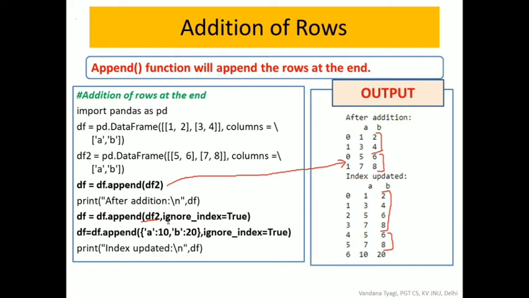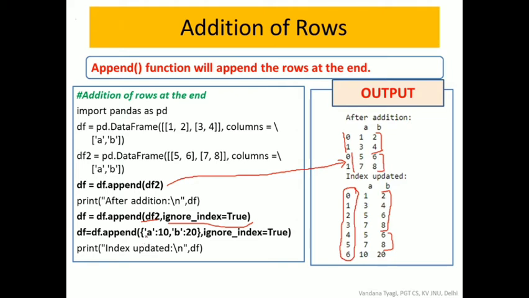Now see this ignore_index=True, what it does. Earlier it was taking the indexes 0, 1 here and 0, 1 here because we have not specified the index parameter. So it is taking the indexes of their own data frames. But when I have written ignore_index=True, the indexes of my new data frame are automatically regenerated because it is ignoring the indexes the data frames were carrying with them.